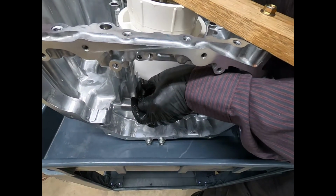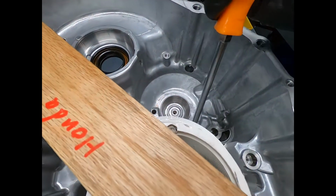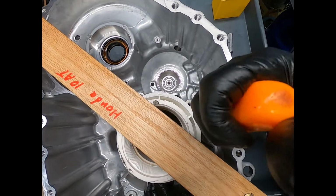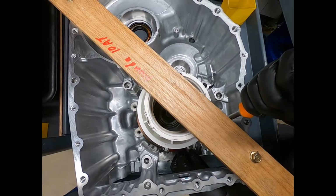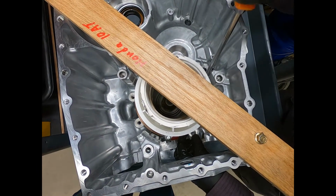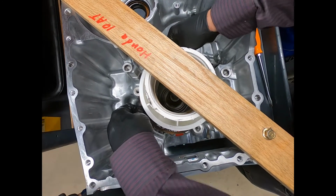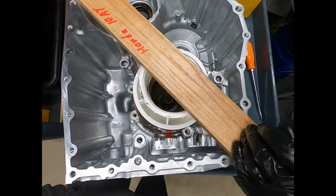And go and work around. Carefully pick it up. Just don't scratch. And I got it started, so she's coming. Give it a little push. Coming around, give it a little push. She's almost out. One more. And here she comes. So now the snap ring is clear from its groove, so I can go ahead and remove